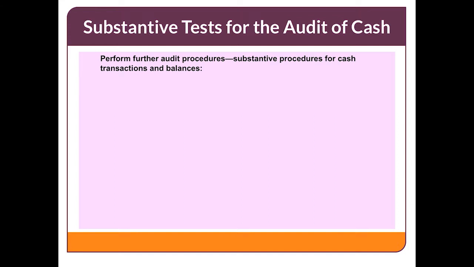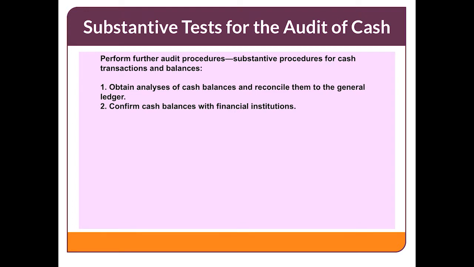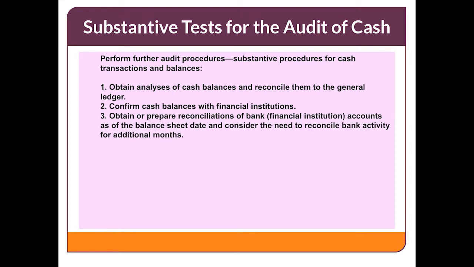Here are the typical substantive procedures for cash transactions and balances. Remember, these are the audit tests we do to substantiate the account balance. 1. Obtain an analysis of cash balances and reconcile them to the general ledger. 2. Confirm cash balances with financial institutions. 3. Obtain or prepare